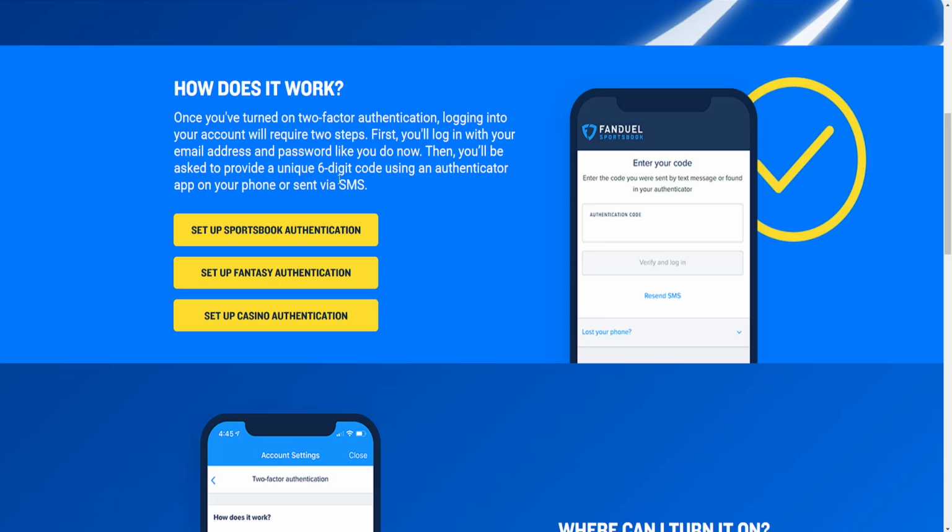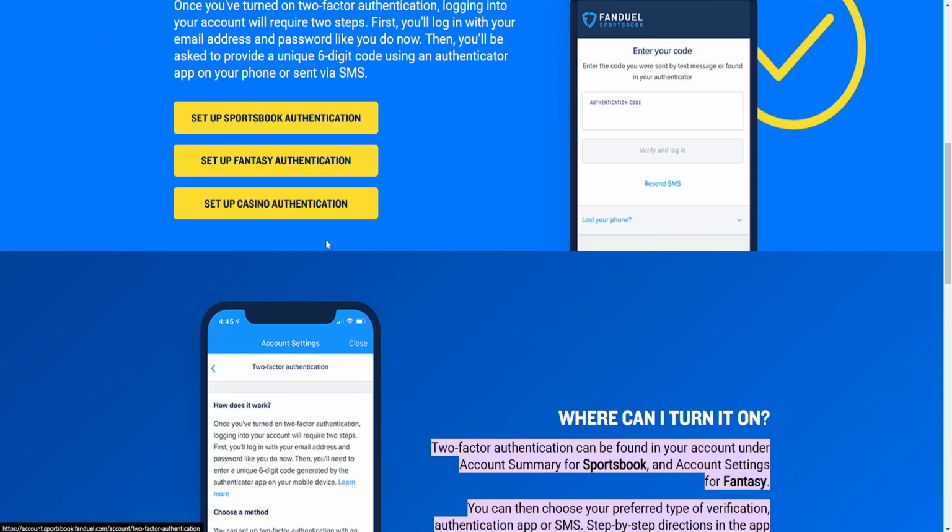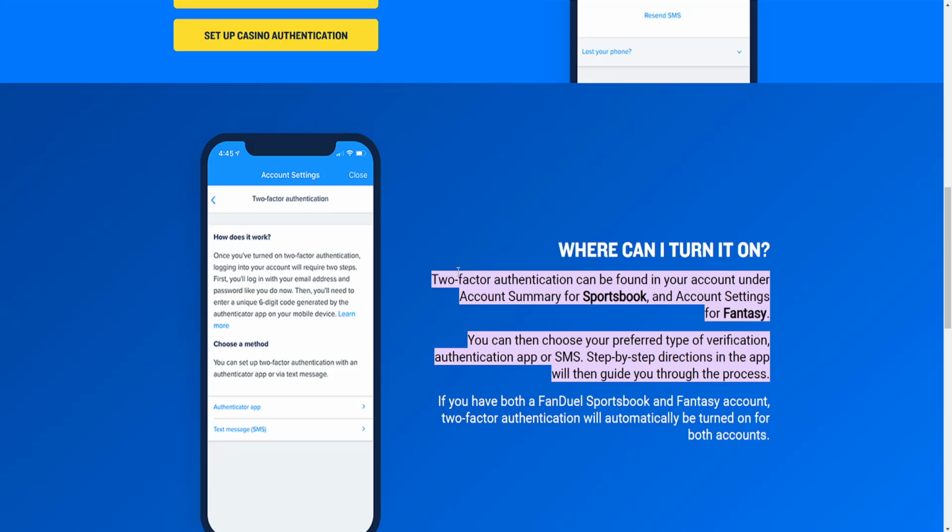via SMS. So depending on which one you have set up, you will either need to check your messages on your phone. So you just go to messages and you will find a 6-digit code which you need to provide here. Or if you use the authentication app, then you will need to just open up the app and confirm